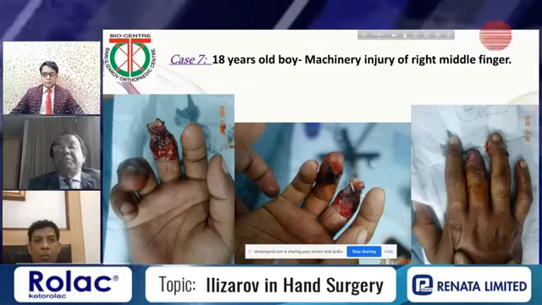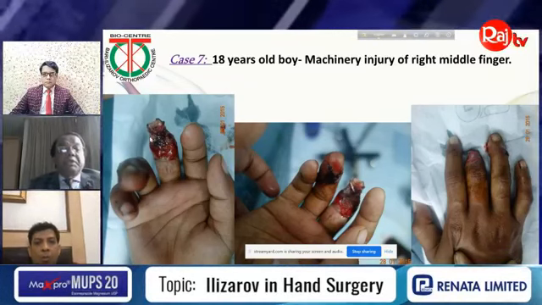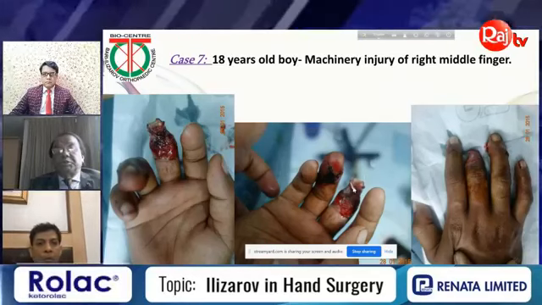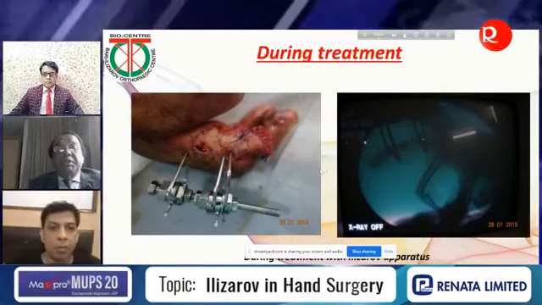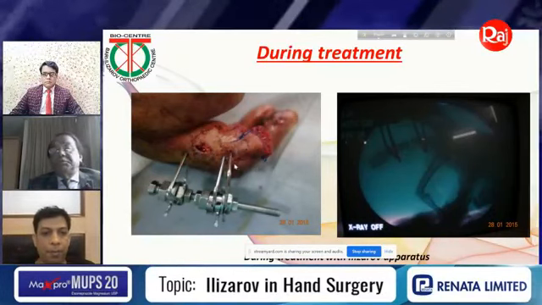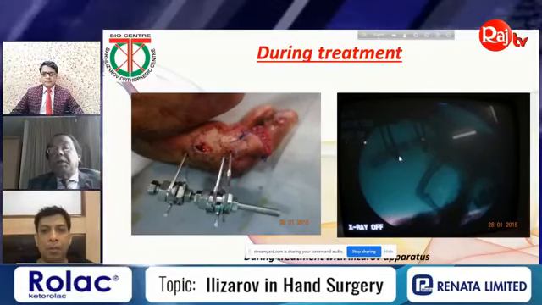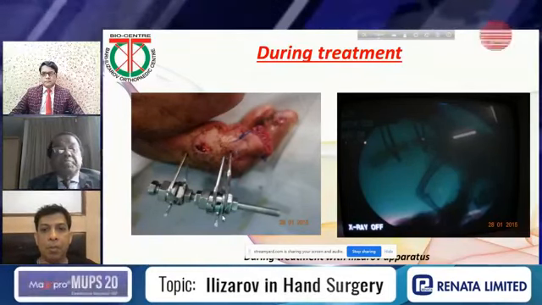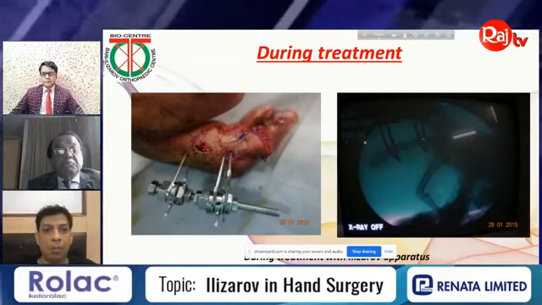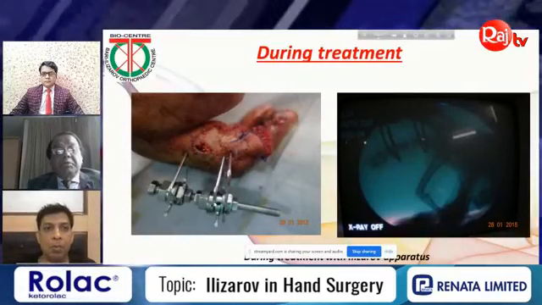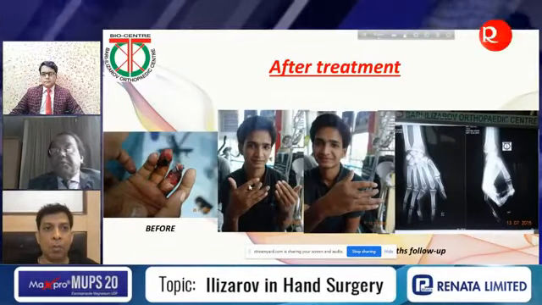Look at this, again machinery injury of the right middle finger, bone is exposed, and then I decided to go for again mini Ilizarov fixator. This is during treatment. Now you can see in the C arm how I have put the wires. You can see this is a fixator. The wire is bent. You can fix it with a washer here and with the fixator. And then finally you can see after treatment,